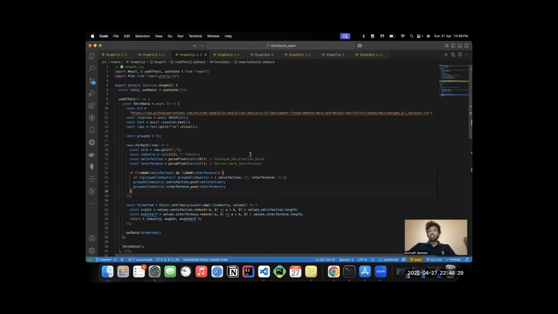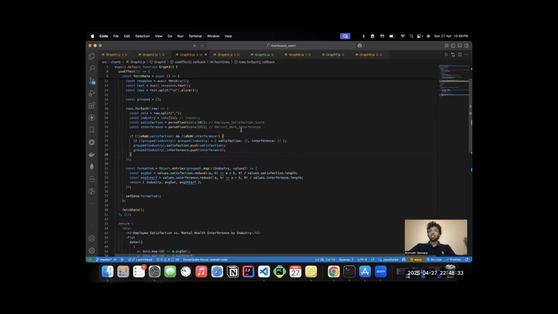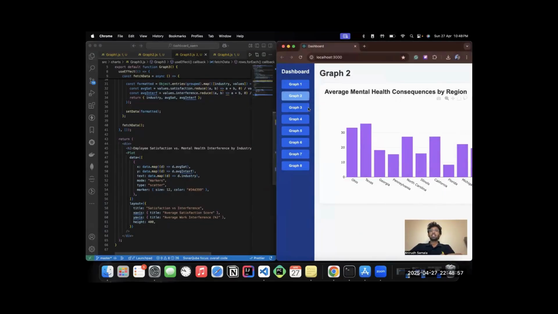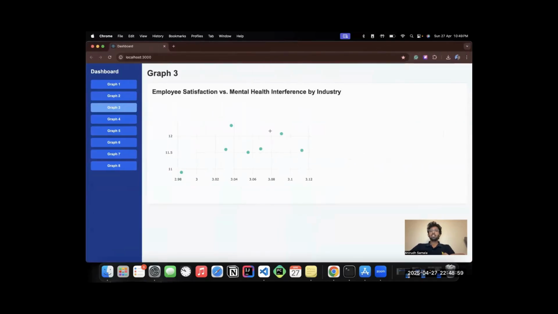So we have generated a visualization for employee satisfaction versus mental health interference by industry. First, we grouped the data by industry. Then we calculated the average satisfaction score and mental health interference score for each industry. Then we plotted a scatter plot with satisfaction on the x-axis and interference on the y-axis.